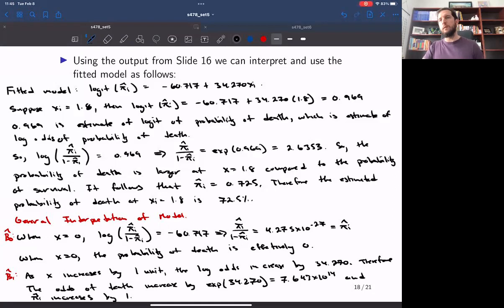Right? So basically what we're finding here is, in terms of the general interpretation of the model, what the